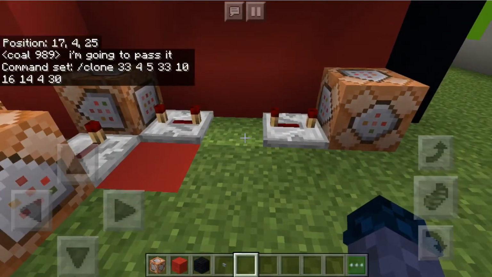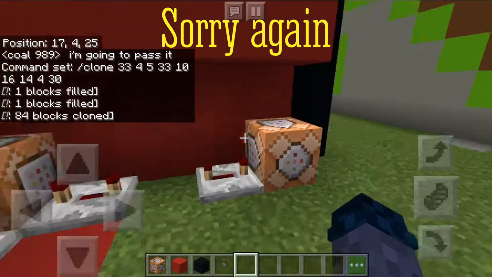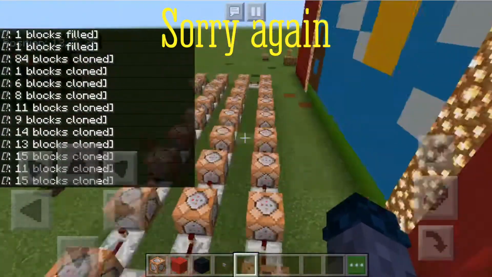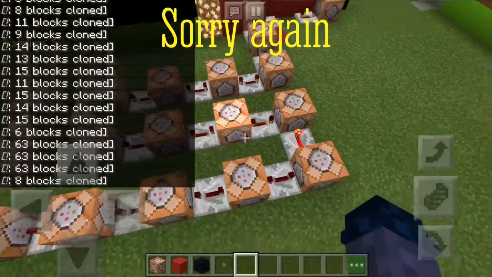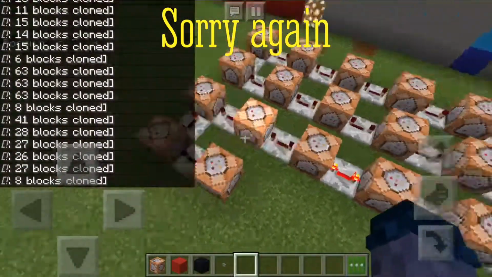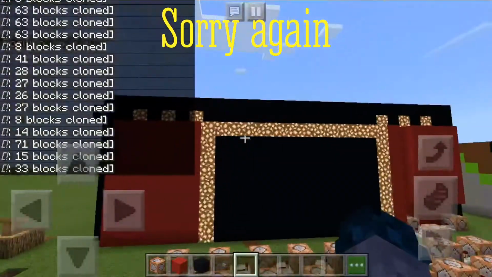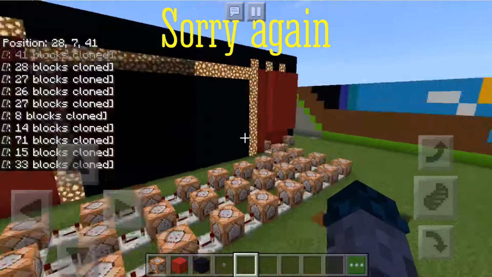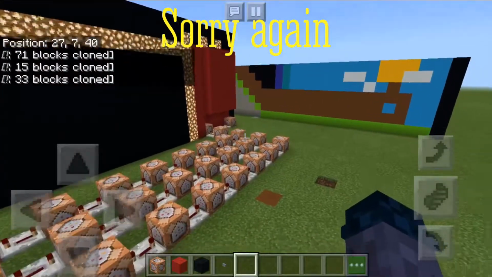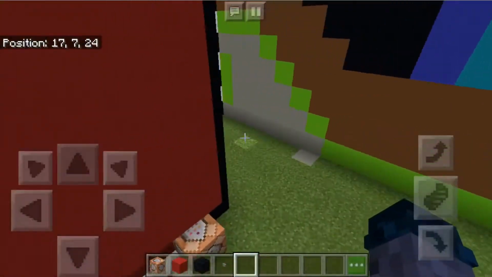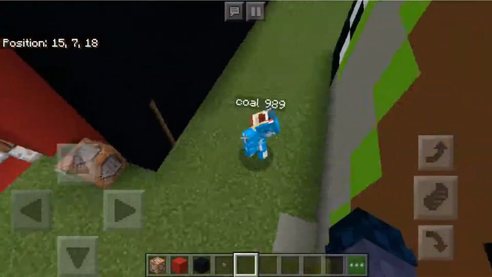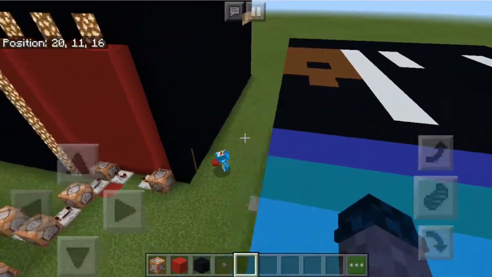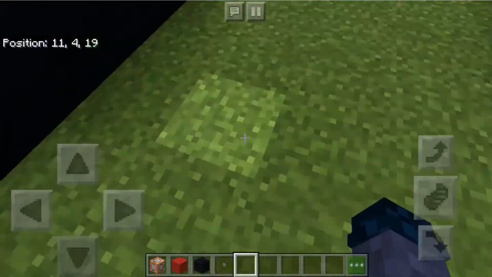And now my sidekick will press it so you'll see the red colon 1 blocks filled, colon 1 blocks filled, colon 84 blocks cloned, colon 1 blocks cloned, colon 6 blocks cloned, colon 8 blocks cloned, colon 11 blocks cloned, colon 9 blocks cloned, colon 14 blocks cloned, colon 13 blocks cloned, colon 15 blocks cloned, colon 11 blocks cloned, colon 15 blocks cloned, colon 14 blocks cloned, colon 15 blocks cloned, colon 6